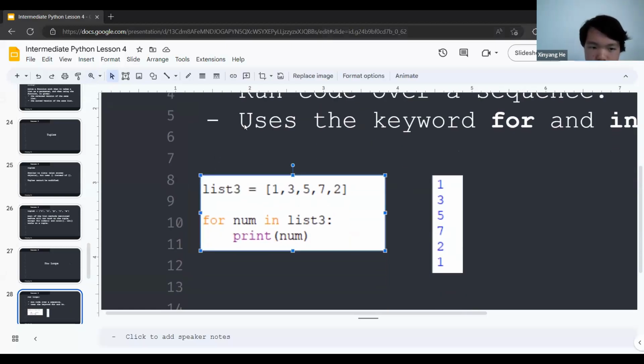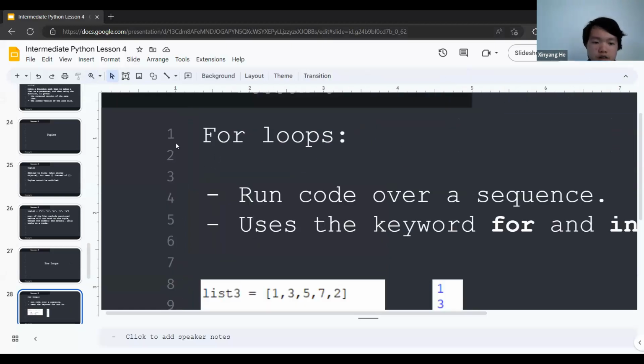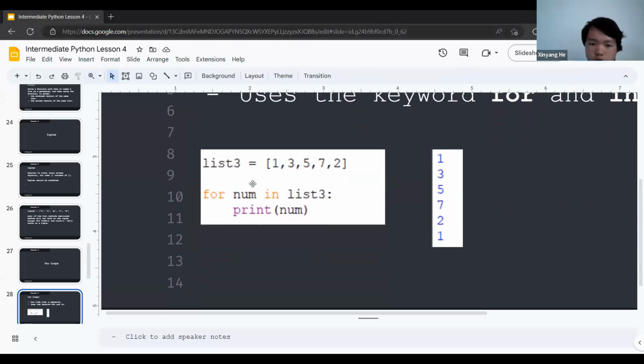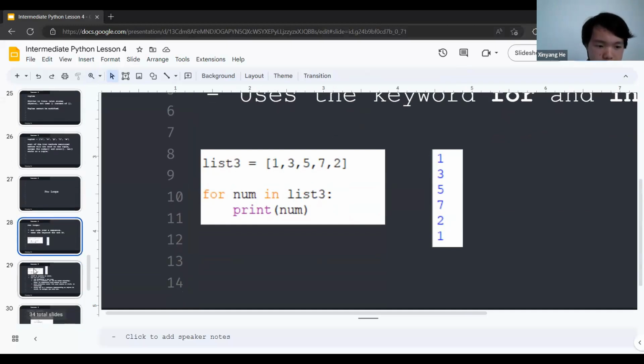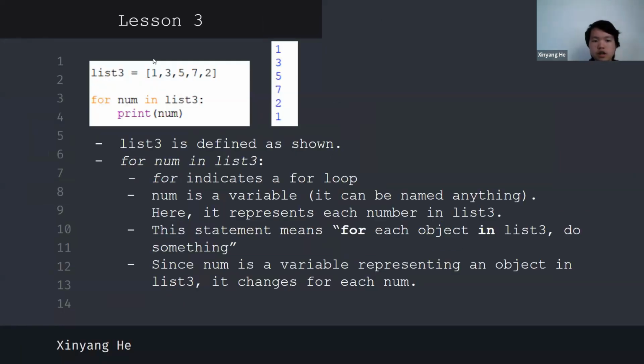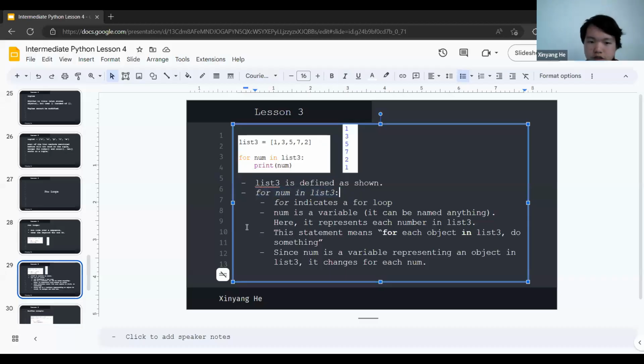Here we have list 3, and then we have a for loop: for num in list 3, print num. Basically, what this for loop says is, for each object num,